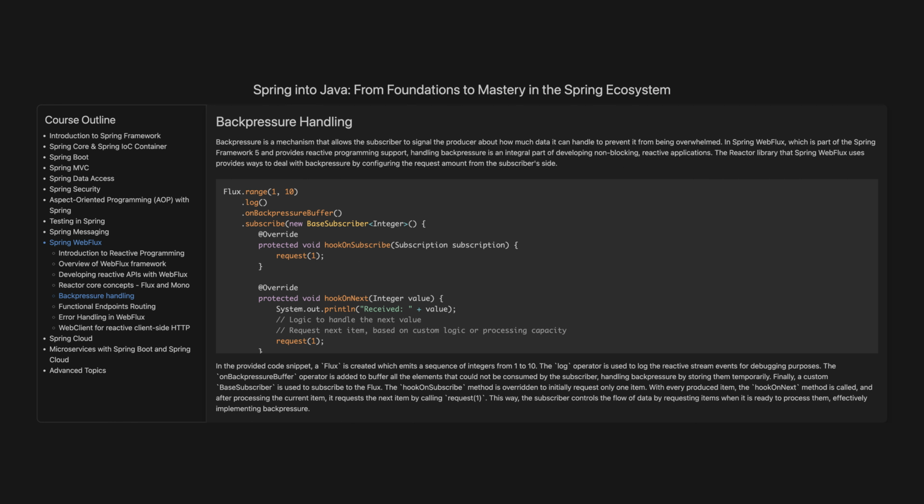Backpressure handling. Backpressure is a mechanism that allows the subscriber to signal the producer about how much data it can handle to prevent it from being overwhelmed. In Spring WebFlux, which is part of the Spring Framework 5 and provides reactive programming support, handling backpressure is an integral part of developing non-blocking reactive applications. The Reactor library that Spring WebFlux uses provides ways to deal with backpressure by configuring the request amount from the